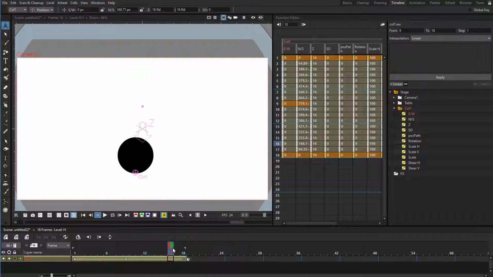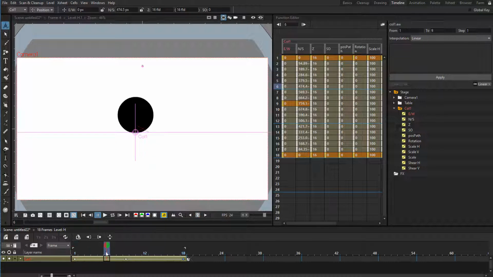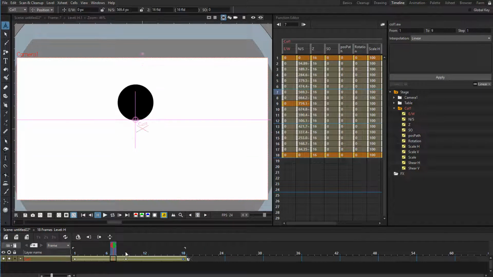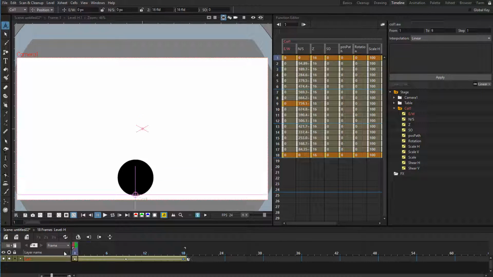Okay, now what is missing before we start doing squash and stretch of this ball is anticipation. So anticipation will actually be a moment when it squashes, and then it follows this animation that goes down, up and down. Now I have to add empty frames